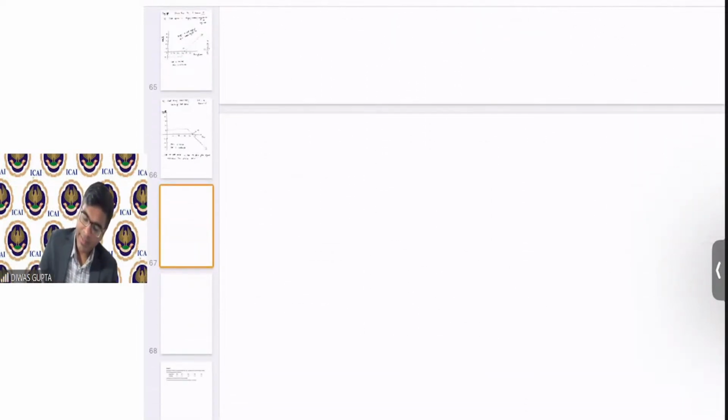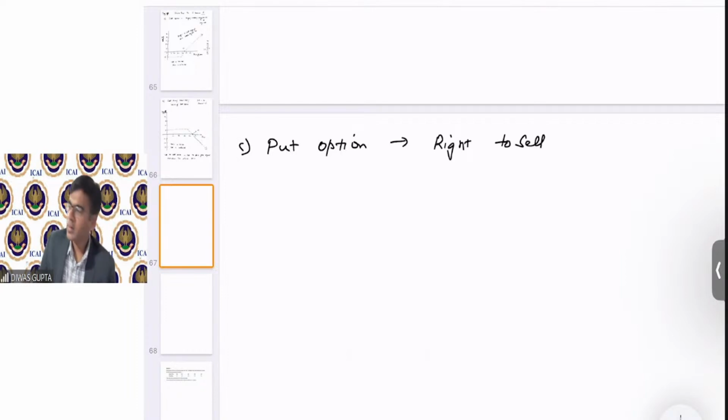Okay, now the third case. Let's talk about the put option, the right to sell. Correct, students? This is a put option, the right to sell. Here, the strike price again we are assuming as 40. Premium we are saying it as 5. And we are talking about the